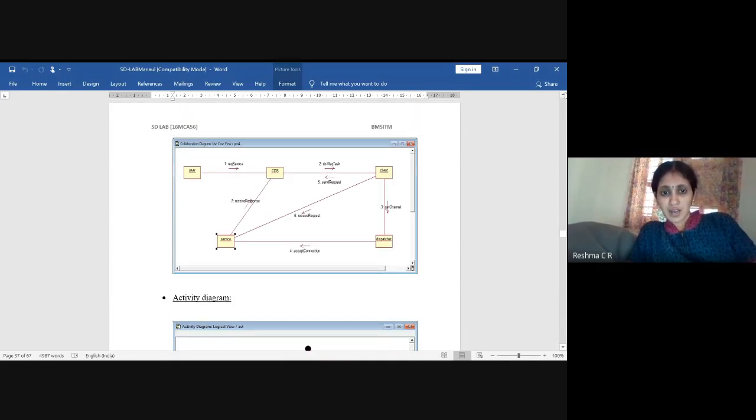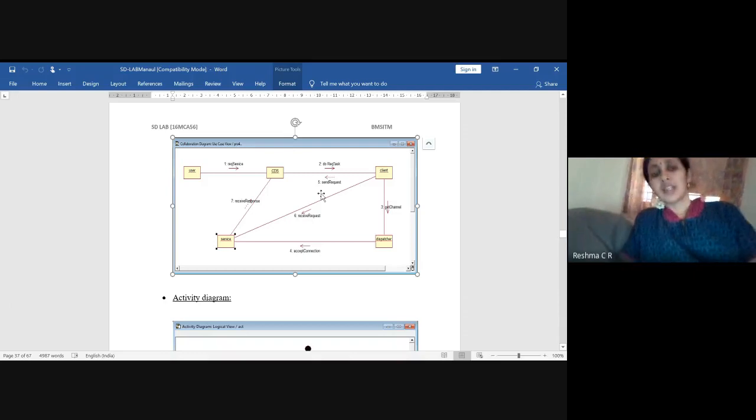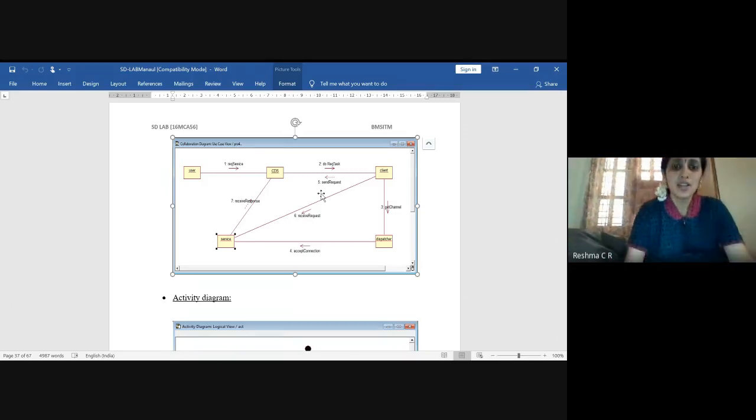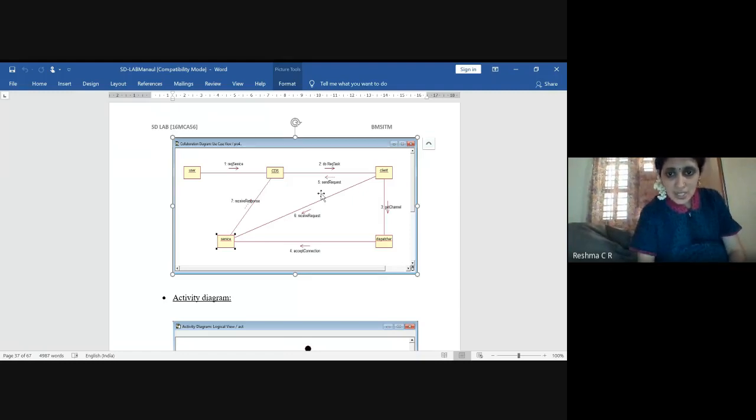So next we have a collaboration diagram for the entire system, with the classes that we have taken. We have taken a user, a request CDS system, client, dispatcher and the service. The user will request the service, client dispatcher service. It will in turn ask the client to do the task. What will the client do? First it will ask for the establishment of the connection.